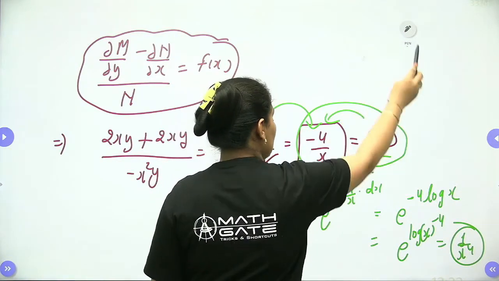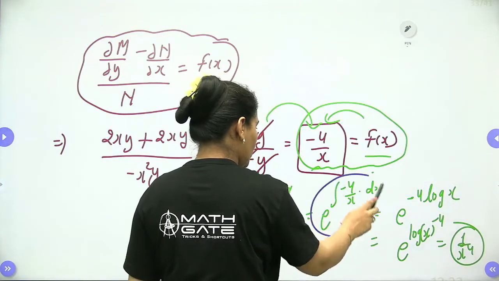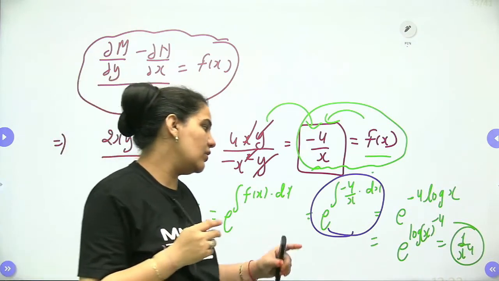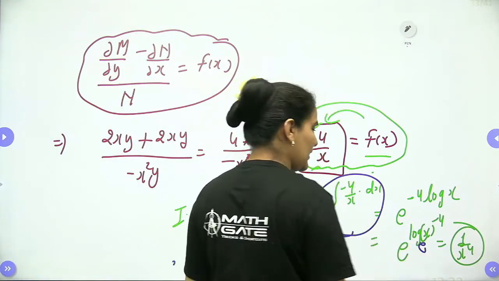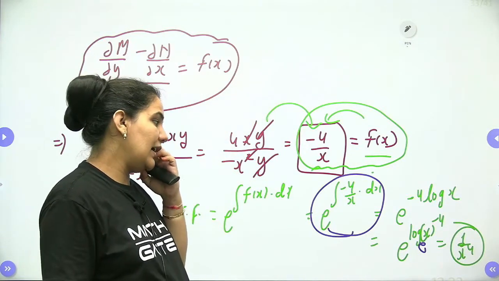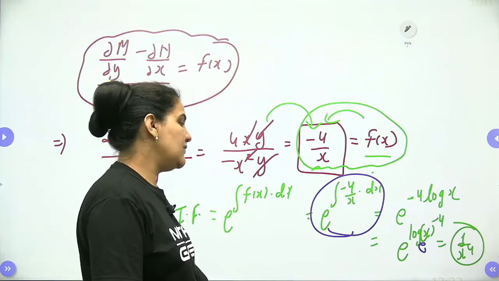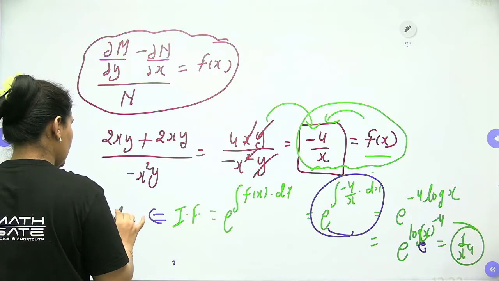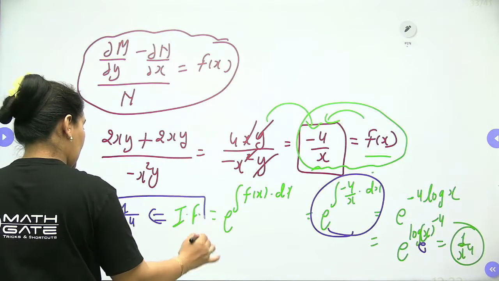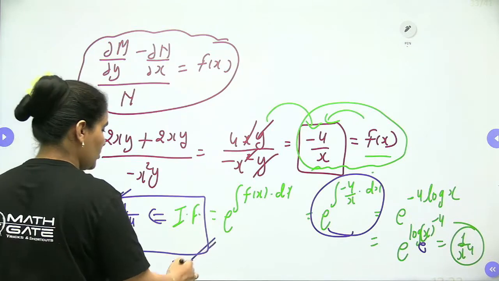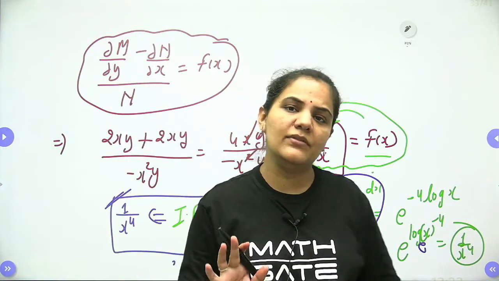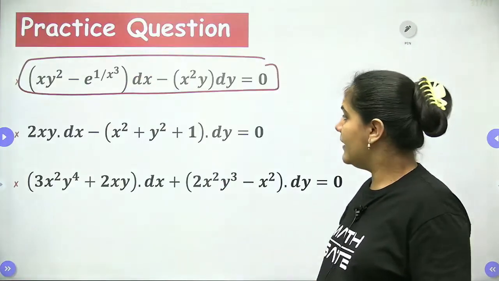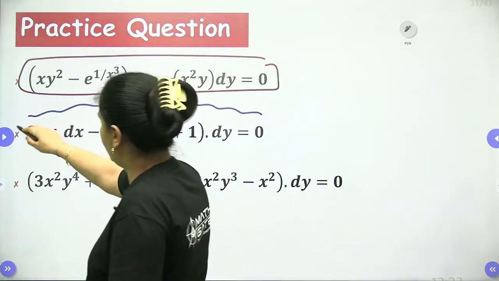So when we approach by this method, we have to integrate this one. So minus 4 will be common. The log x is nothing but x to the power minus 4. We can conclude here it is nothing but the log to the base e only. So we can directly write down it is nothing but x to the power minus 4. Hence we can say the integrating factor will be 1 by x to the power 4, my dear students. Is it clear to everyone? Are you getting my point? So it's a very simple thing to approach, dear students. Okay, we can easily, with very calmness and easiness, go with this method, because it's a simple thing to approach. Okay, now let's talk about the second method, second example.